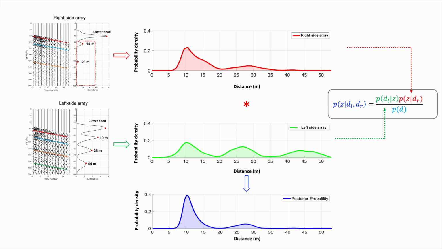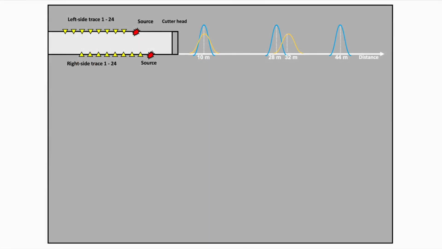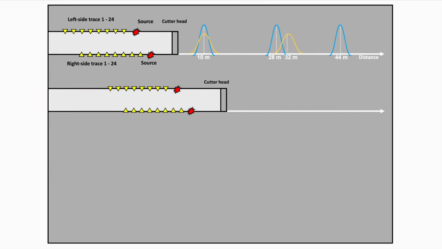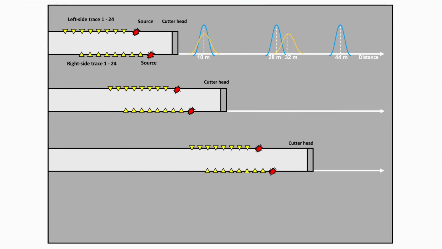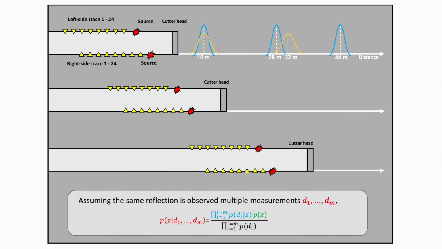As shown in this example, Bayesian inference increases the first peak's probability due to data consistency, while it reduces the next two peaks' probabilities due to inconsistency. As the TBM moves forward, continuous observations are recommended. This means that multiple measurements will be taken for the same reflection. The final posterior probability can be calculated using this formula, where D1 to Dm represent the continuous seismic observations as